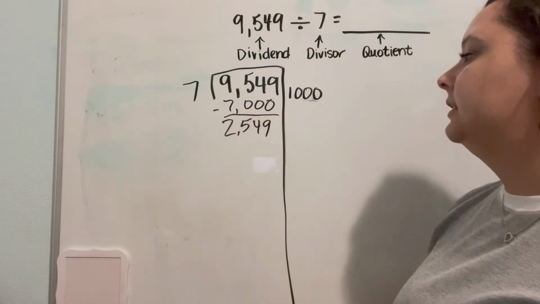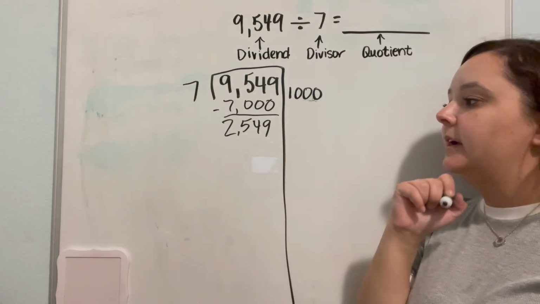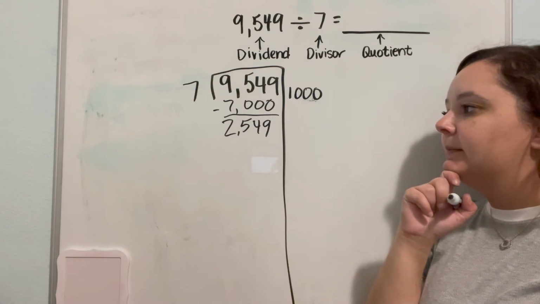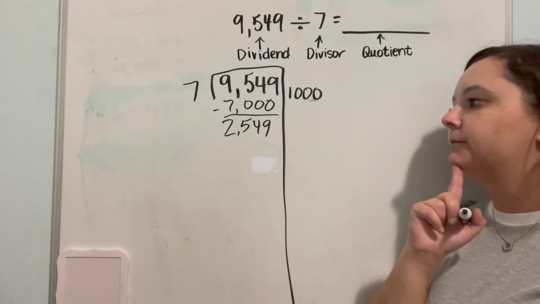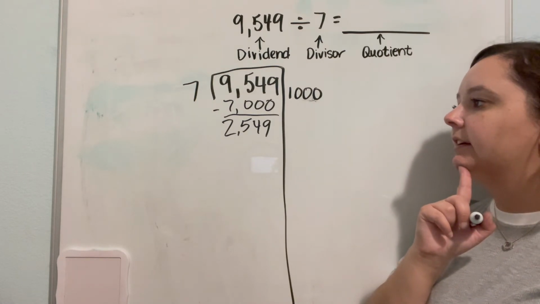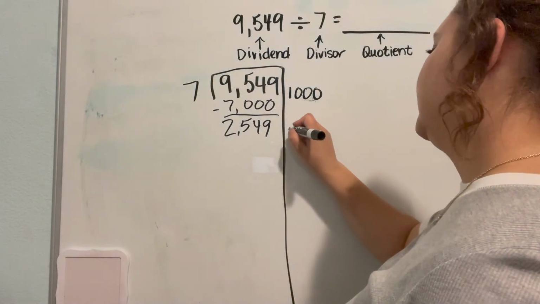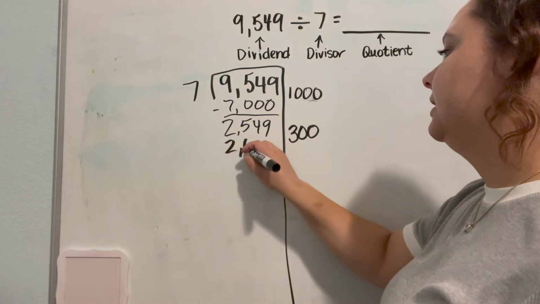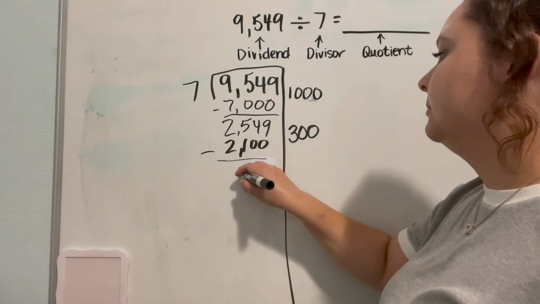2,549. Now I can't use 1,000 again because that would go over our new number. So I am going to use something smaller. So let's see, 7 times 500 would be 3,500, so that's too much. 7 times 400 would be too much because that'd be 2,800. 7 times 300 would work though. So I'm going to use 300. 7 times 300 gives me 2,100. And I'm left over with